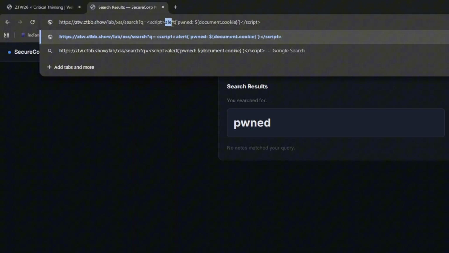So with this, we have script. You'll see the word alert. This is going to trigger a box to pop up. It's going to have the word pwned in it. Then we're going to ask for the document cookie. This is just the variable document.cookie, and then this is just closing the script. So what's going to happen when we run this, the box is going to pop up. It's going to say pwned, and it's going to have the document cookie there in the session as well. So if we click enter there,